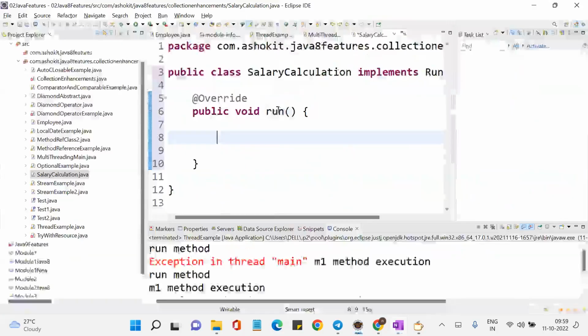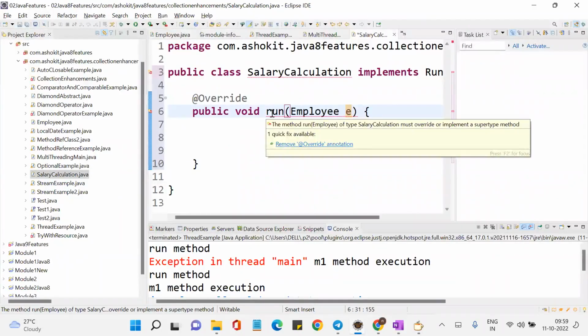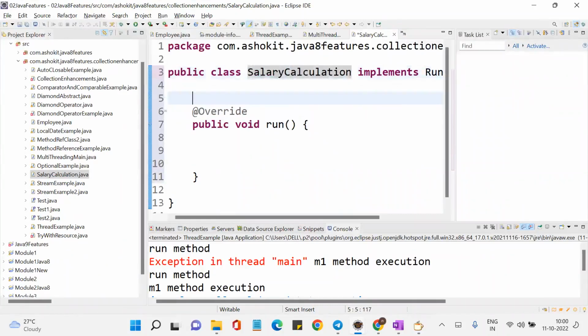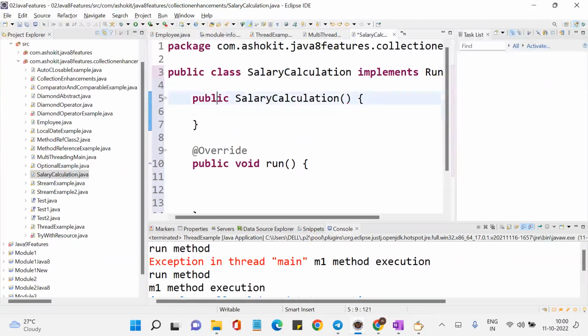Yes. That means whenever I am executing the run method, can I add an employee object here? No, we cannot add. That means I need an employee object in order to write this logic, correct? But I cannot write here. Then what I can do, whenever I'm creating an object of this class, can I accept the employee object? Like this, see, this is a public constructor. So whenever this constructor is created, let me accept employee